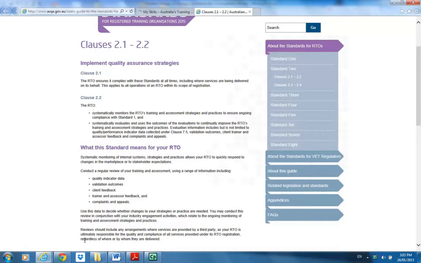Okay, so we're looking at clauses 2.1 and 2.2 as opposed to 1.13 and 1.14 where we looked at your qualifications as a trainer. Now we're looking at quality assurance. Okay, so here there's going to be lots of different processes that your registered training organisation will have in place. They're going to provide you with their policy manual to show you how they're going to meet these legislative standards and how they're going to tick all of ASQA's boxes in their audits.